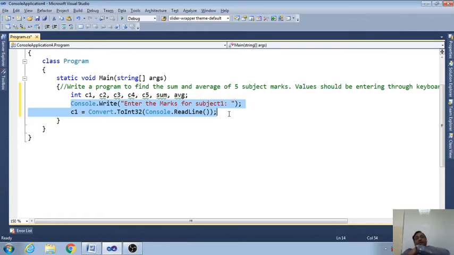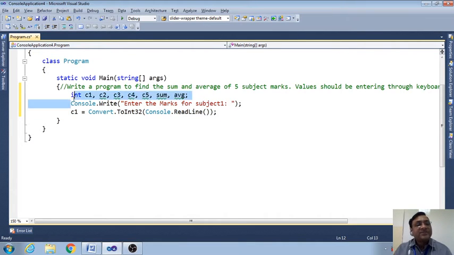These 2 lines are needed. If you see my previous program, my previous video, or anywhere, the first line is basically used to give the message to the user, and after the message the user will give the data, and that data will be stored in some variable, and this is the name of the variable. In whichever variable you want to store the data, we have to write the variable name here. If your variable name is different, you write a different variable.